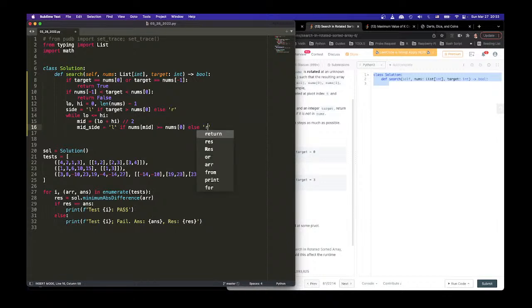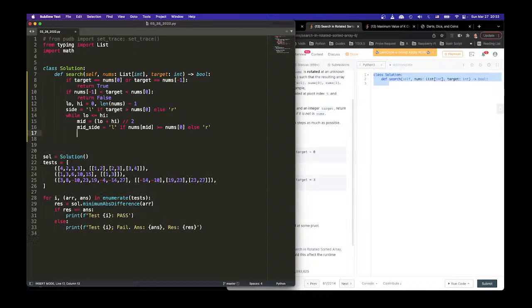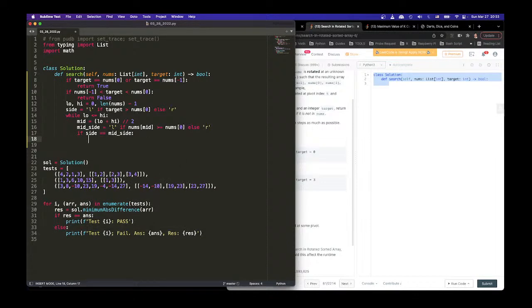So if it's larger than 0 or smaller, and then it's going to be on the right hand side. And we say if side is equal to mid side, so it's the same, then we compare, right? Then we say if nums mid is smaller